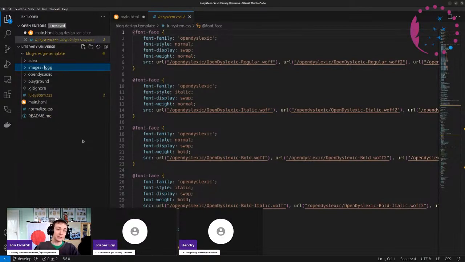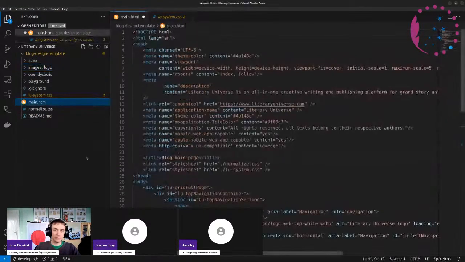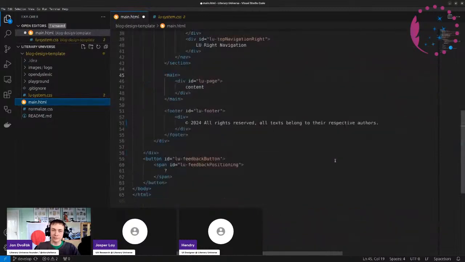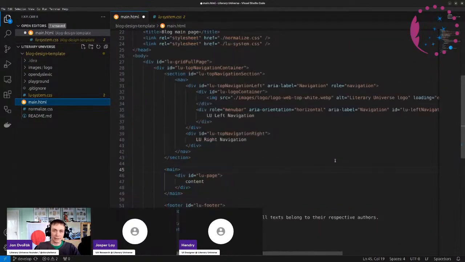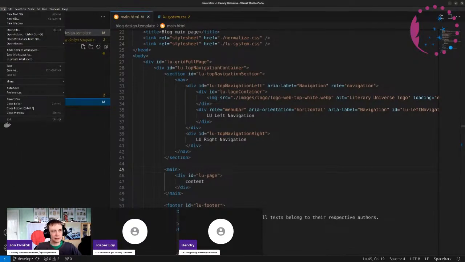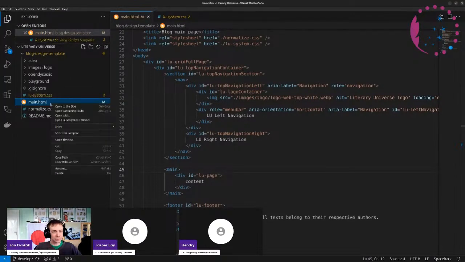And we'll be doing this through building some templates for our blogs at Literary Universe. So that everybody knows how it looks like,